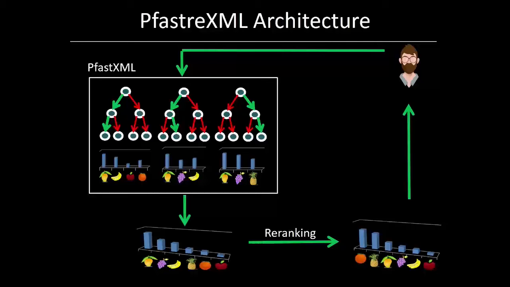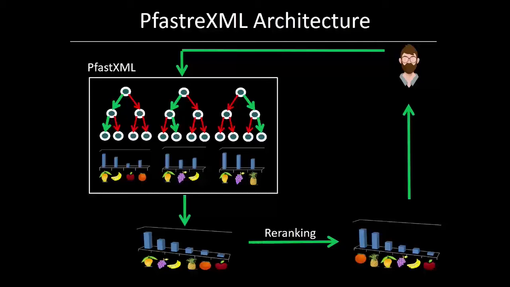But we plug them into FastXML because it already optimizes nDCG. And in order to optimize propensity scored nDCG, we didn't have to change a single line of code. As I mentioned earlier, all you need to do is reweight your ground truth labels by 1 by PIL, and the job is done. So that gives us propensity scored FastXML, or PfastXML.